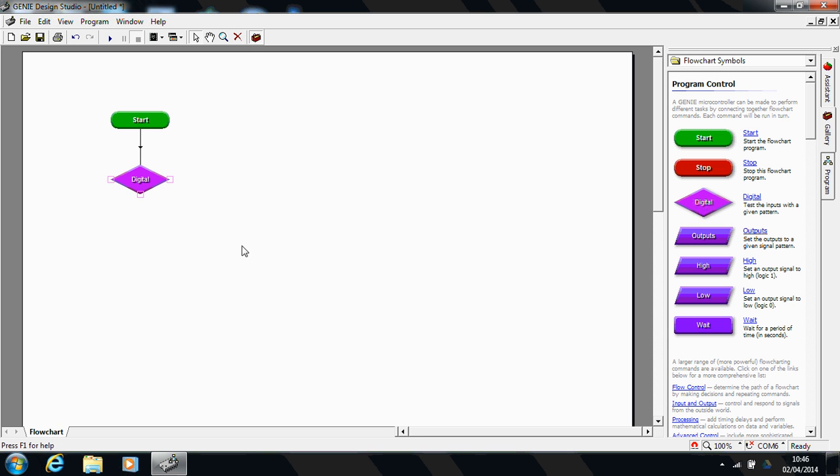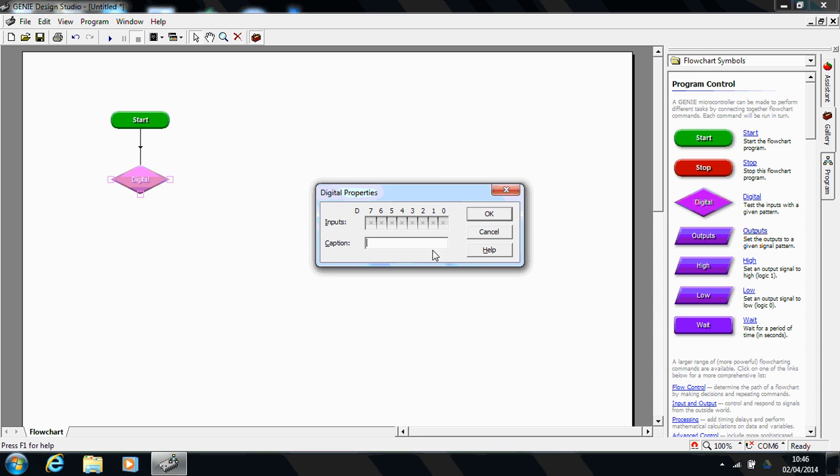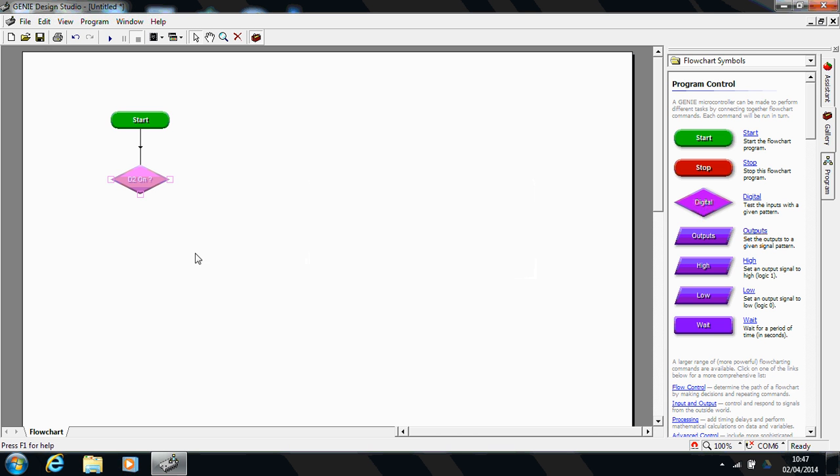Okay, if we double click that, we can set that to an input number. I'm going to pick input 2. So what we're saying there is when the push button 2 goes high, logic 1, we'll actually get a yes decision from this particular test. Okay, so having done that, we're now ready to say what we want to do if